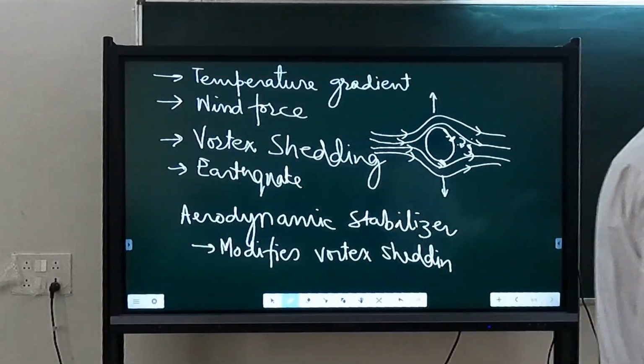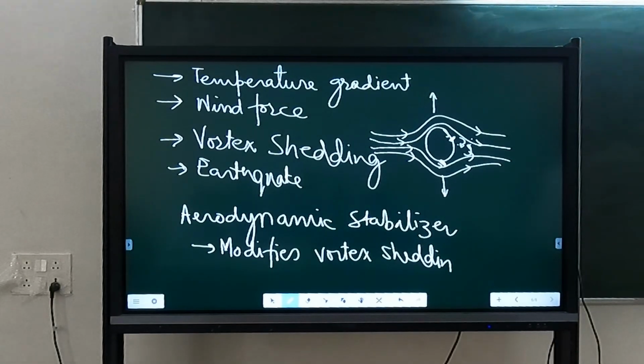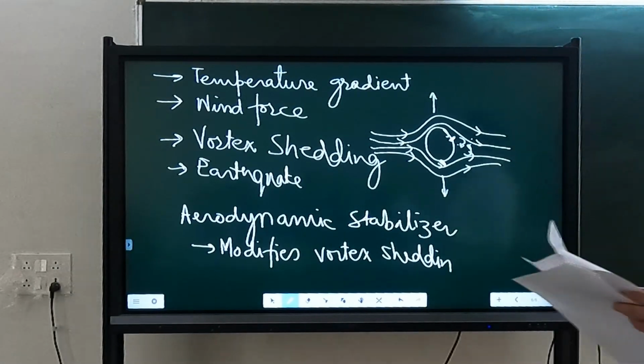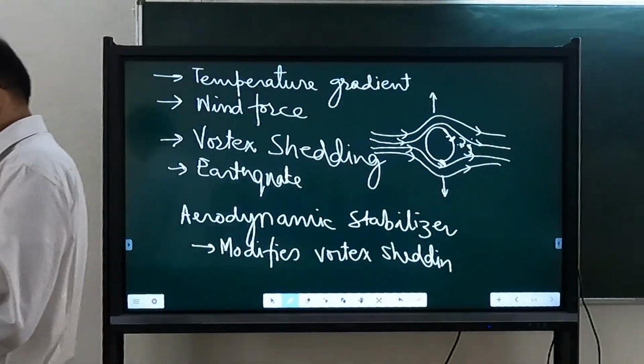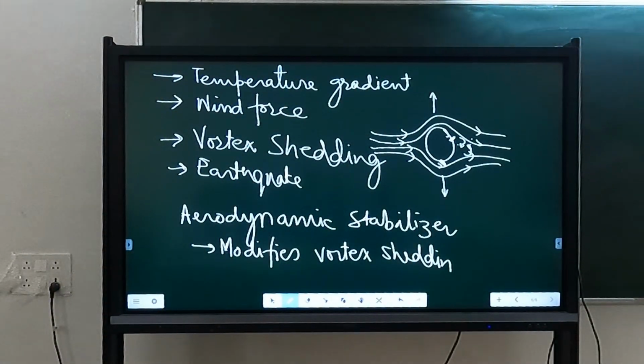So they are just changing the shape of the corners sometimes. Change the shape of the corners or provide some rough element at the corners. It can do miracles. It can change the wind forces drastically. Sir, yes, since this is a symmetric structure about one direction, when wind is going to that,